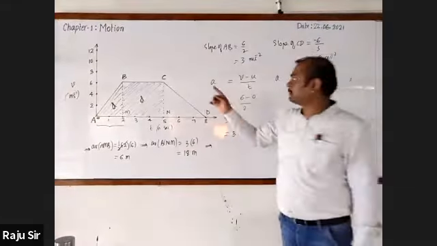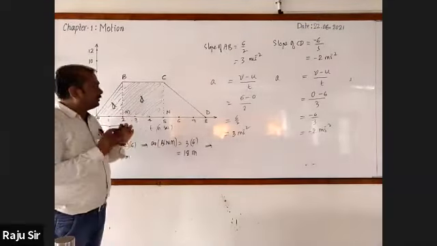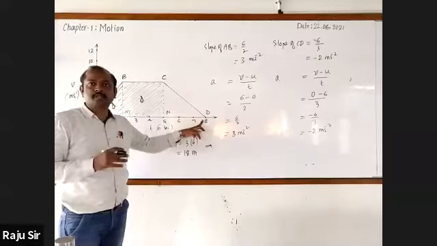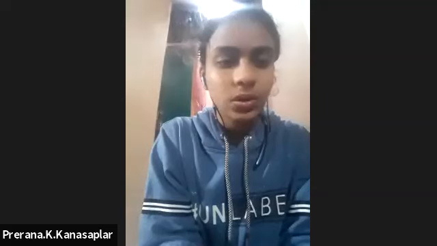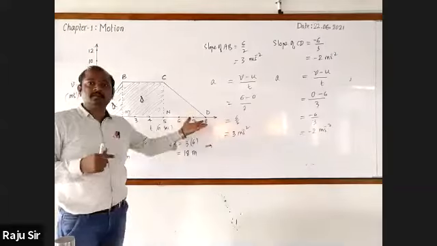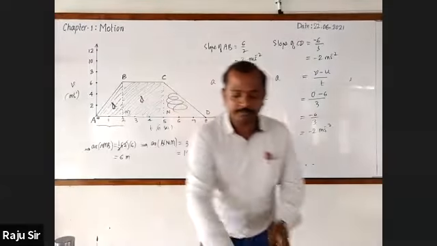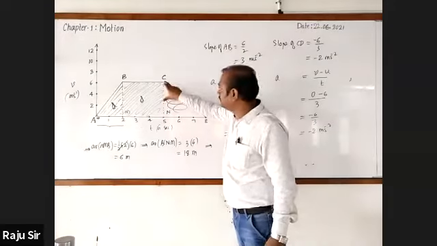When the body comes to the point C, assume that it is decreasing its speed, right? And by decreasing its speed, finally it comes to rest. When it comes to rest, its final velocity will be 0. While decreasing its speed also, it has covered some distance. That distance can be found by finding the area of the next triangle, that is CNT. Did you all understand? Yes, sir.